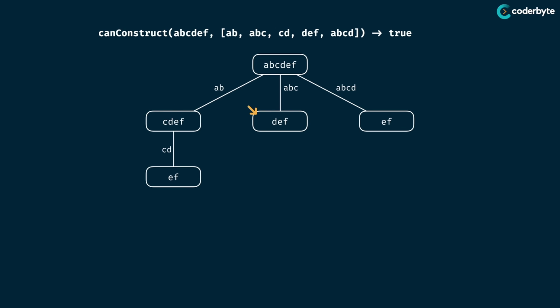In a similar way, I can do that for DEF. I find that DEF is actually contained in the word bank, so it's technically also a prefix. If I took the prefix DEF out of that node, then my result would be empty, which is pretty good. At this point, I look at some other nodes like this EF, and they have no matching prefixes inside of the word bank. So they bottom out in some sort of base case. If I can't break down EF any further, then I know that it's not possible to construct EF. So that can technically return a false to the parent. In a similar way, if I ever run into the empty string, that means the job is done and I can just